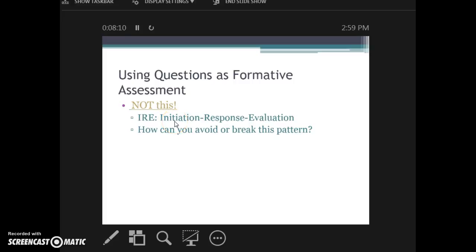And it also tends to fall into this pattern. You, the teacher, initiate, you ask a question, a student responds, you say it's yes or no. You want to try to avoid or break this pattern, because research has shown this is the least effective in terms of, first of all, you learning about what your students know and don't know, what misconceptions they have, and their thinking process. But more importantly, you typically only interact with 2 or 3 or at the most 4 students when you use this process.